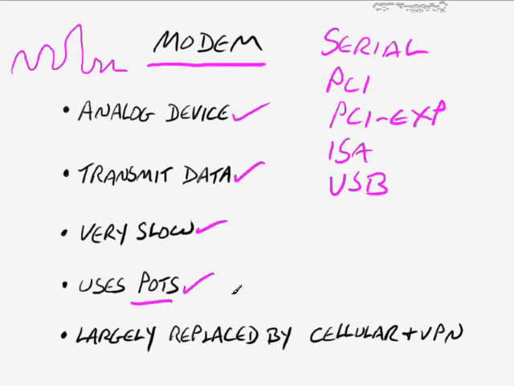So you would take the modem and it would be inside your computer. It could be in a laptop, could be in a desktop computer of some type. And then you would plug an RJ11 phone jack into the back of the modem, and the other end you would plug into the wall outlet where you would have your phone. Or if it was in a hotel, very often they would have a modem jack that you could plug that into as well. That was important because a lot of PBXs and hotels use digital phones instead of analog phones, so you'd have to plug that into an analog jack.